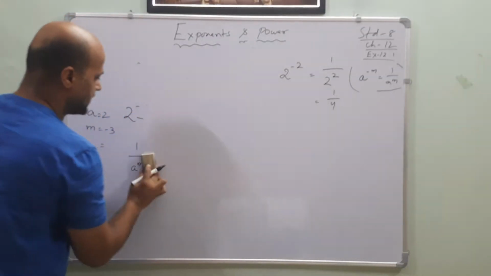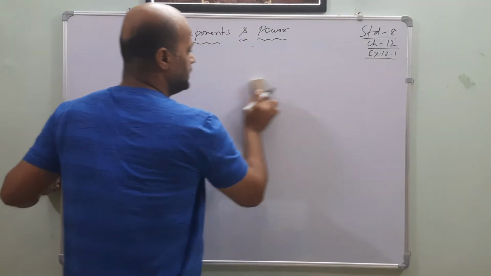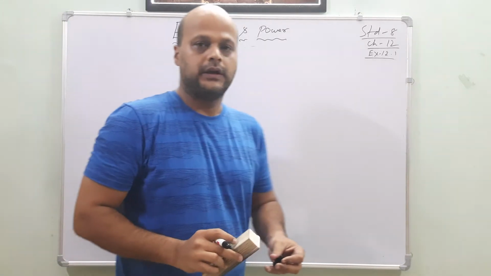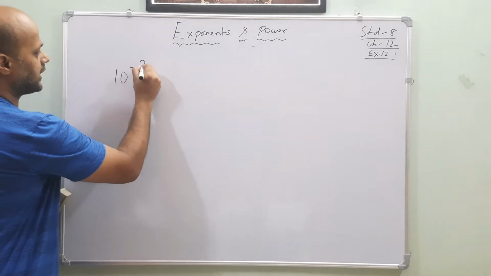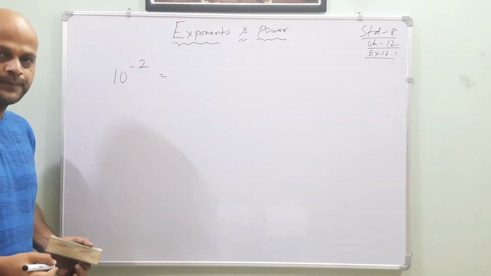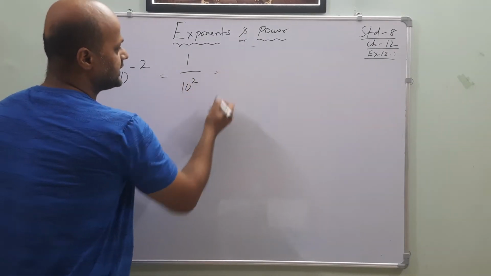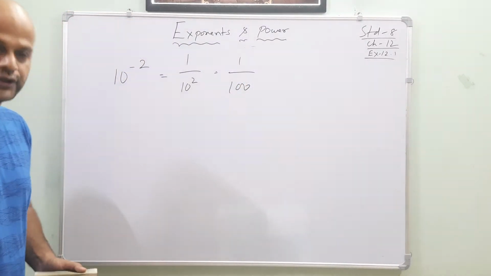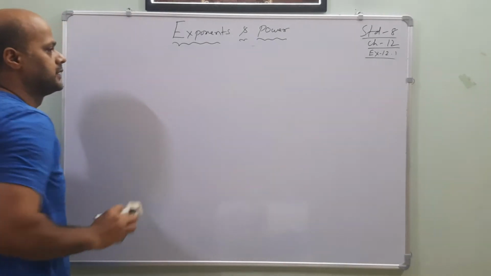to the next example. The next example is saying that, can you say me what is 10 to the power minus 2? What will the next step be? Yes, very good. 1 by 10 to the power of 2. The answer is how much? 1 by 100. Very good. Extremely good, my dear friends. Now, you just tell me.